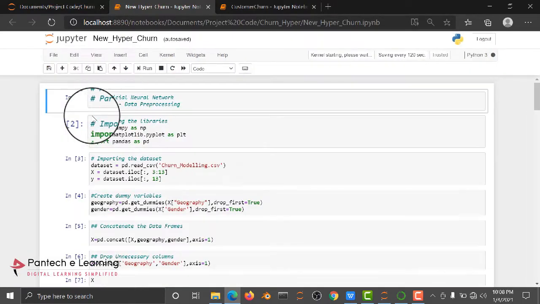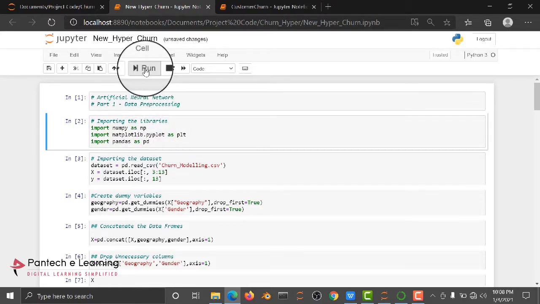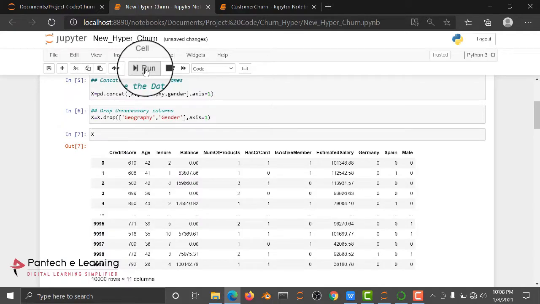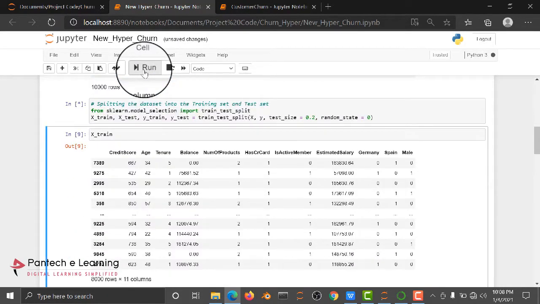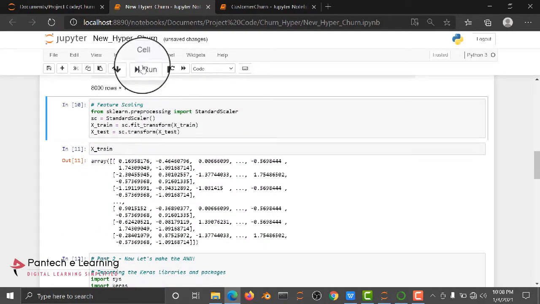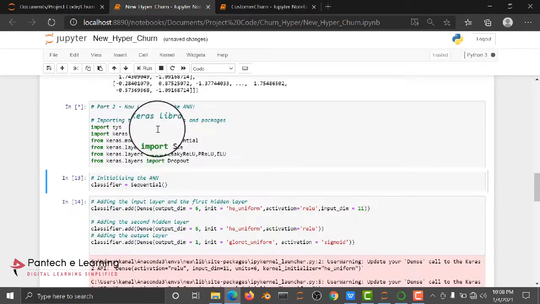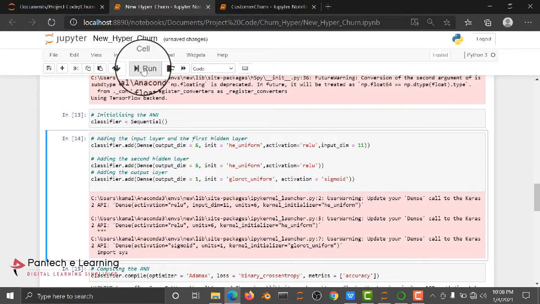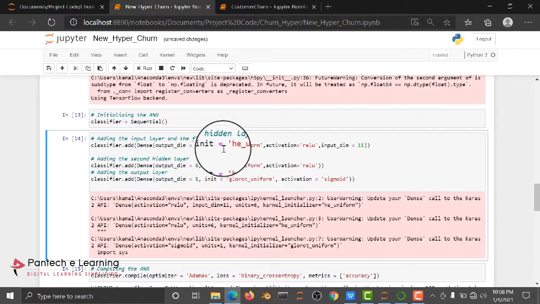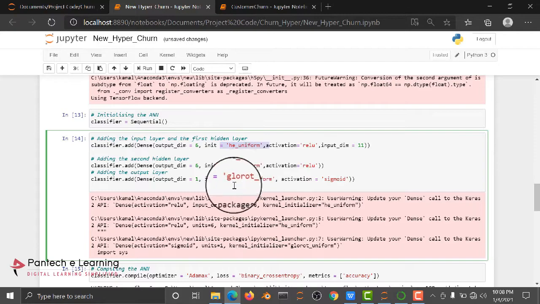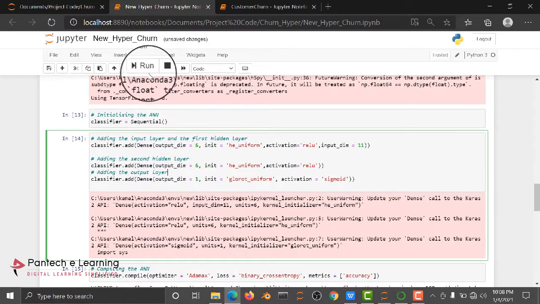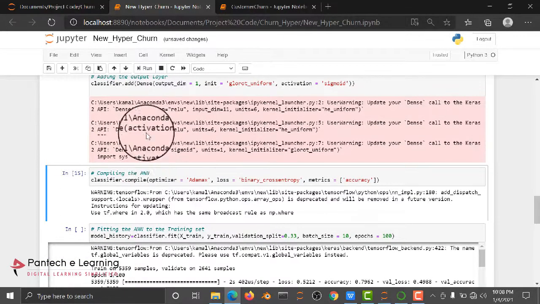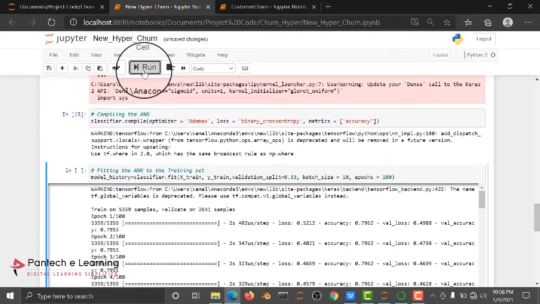So hyperparameter tuning is one of the methods by which we can find exactly what we need to pass within the parameters. Okay, so here you can see it's the same thing only we are doing, but after applying the standard scaler I am using Keras, and then I am using a simple artificial neural network algorithm and initializing some weights and some activation function.